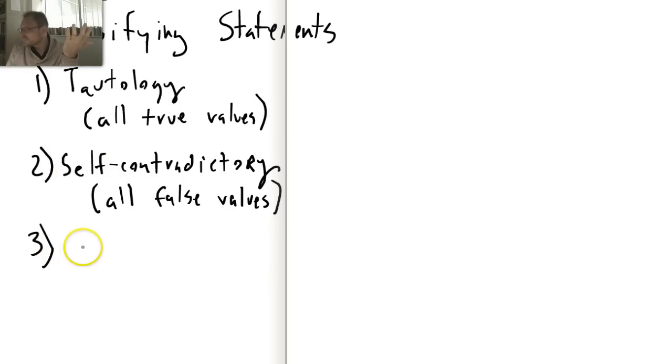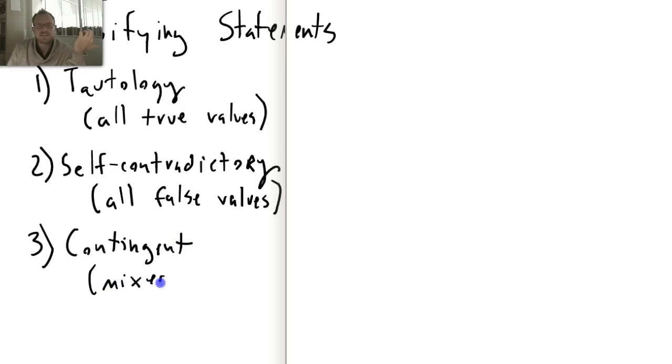And of course, the majority are what we call contingent. And basically that means that you have mixed values. You have at least one true and one false value that falls under the main operator. Okay, so